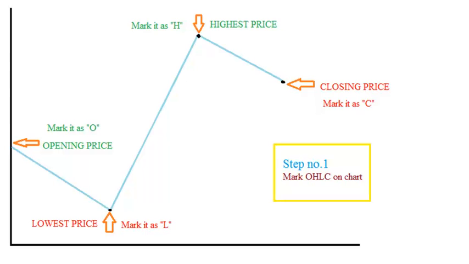Now, after we have marked the chart, while we are looking at it, this is the price at 9:15 in the morning, and then this is the lowest price, and then the stock goes right up, and this is the highest price of the day, and then this is the closing price as we have defined it. So mark this as O, mark this as L, mark this as H, and mark this as C. And once we mark all four of the points on the chart, that is the first step towards drawing a